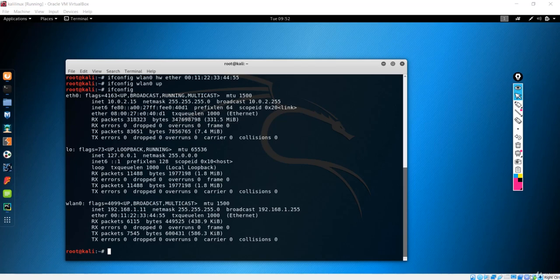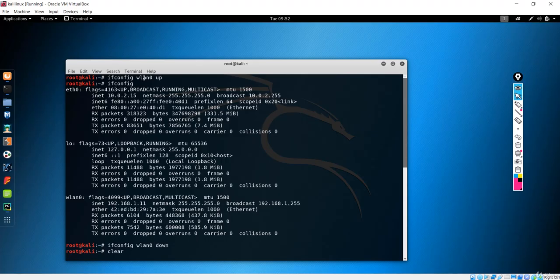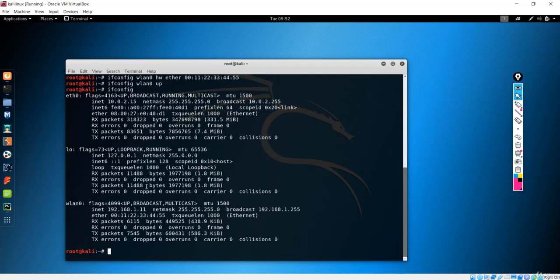So in the previous lecture we saw how we can change the MAC addresses using two techniques. One was using the application that comes prepackaged with Kali Linux, that is macchanger, and the next one was our own idea, that is ifconfig. What we did was make our wlan0, which is the interface, change its MAC address by changing its argument to the field we wanted. You can see we changed from the original MAC address to the MAC address we assigned over here.